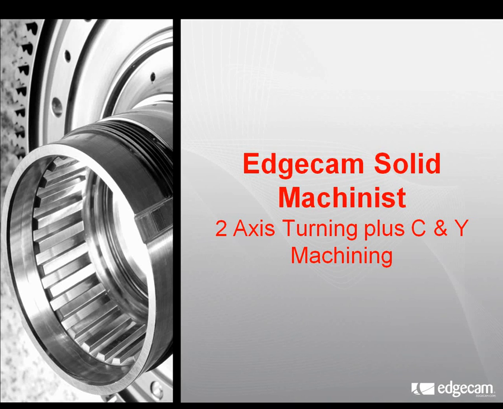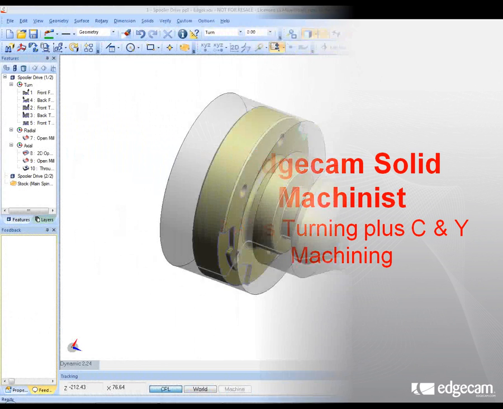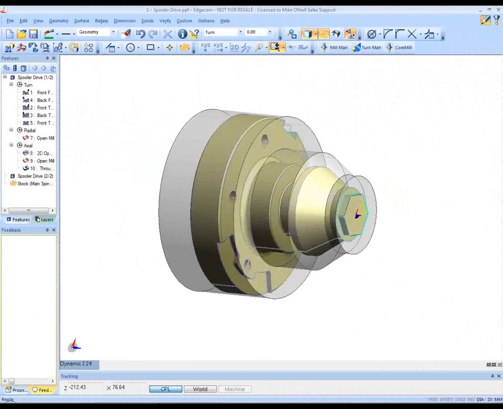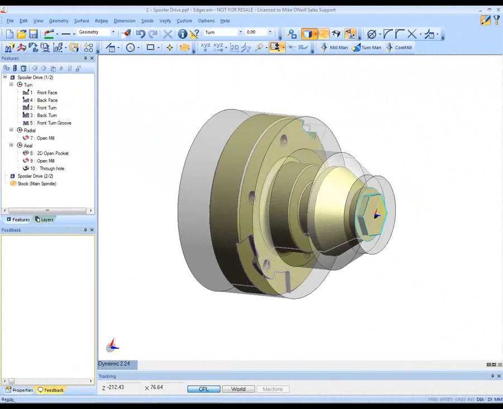Welcome to this short demonstration of Edgecam Solid Machinist. Today we'll concentrate on the turning environment. The presentation will not only show you Edgecam's intuitive machining interface, but will further emphasise how Edgecam respects the integrity of a solid model by importing it without translation and thus allowing Edgecam machining to be associative to the solid